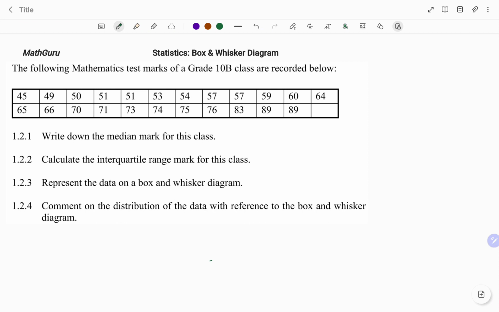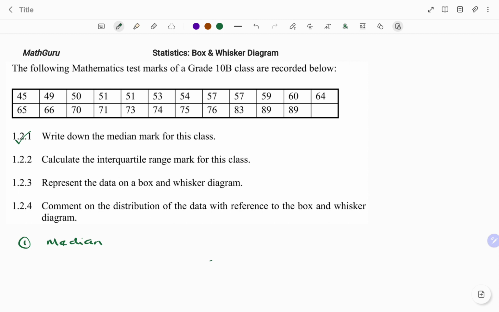For the first part of the question, we have to find the median. The median mark simply means the middle number. To find the median mark, we need to arrange the data given either in ascending or in descending order. For this question, I can see that it's been arranged in ascending order from the smallest to the biggest. Now, depending on the number of data we have, I have a formula I use for